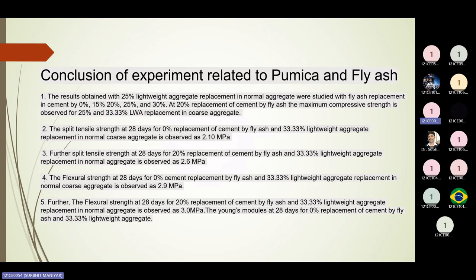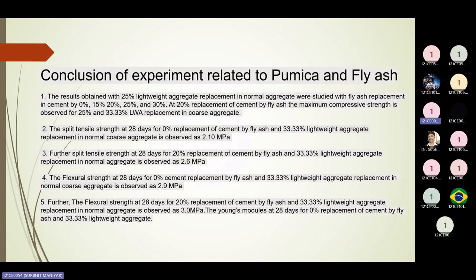Conclusion of the experiment related to pumice and fly ash. The results obtained with 25% lightweight aggregate replacement in normal aggregate were studied with fly ash replacement in cement by 0%, 15%, 20%, 25%, and 30%. At 20% replacement of cement by fly ash, the maximum compressive strength is observed for 25% and 33.33% lightweight aggregate